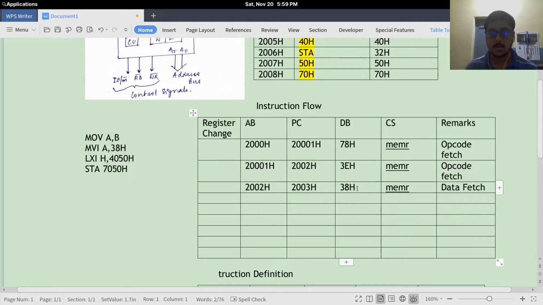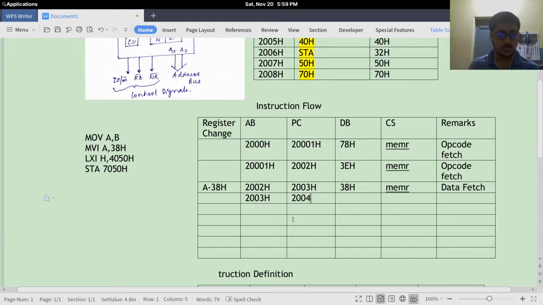Now 38H is contained in the accumulator, so a register change has occurred, so A contains 38H.